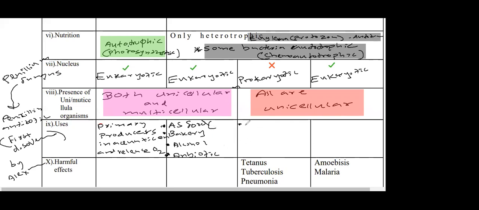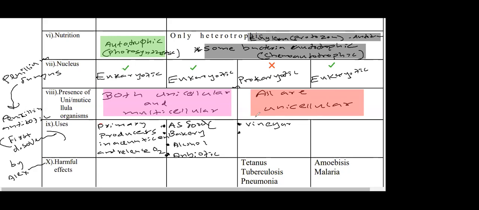Bacteria you can use to make vinegar, used in the vinegar industry, for the production of vinegar. You can write it as to make vinegar, or to produce vinegar, or used in vinegar industry. For the production of vinegar, we need bacteria, Acetobacter bacteria. Then in addition to that, bacteria is useful